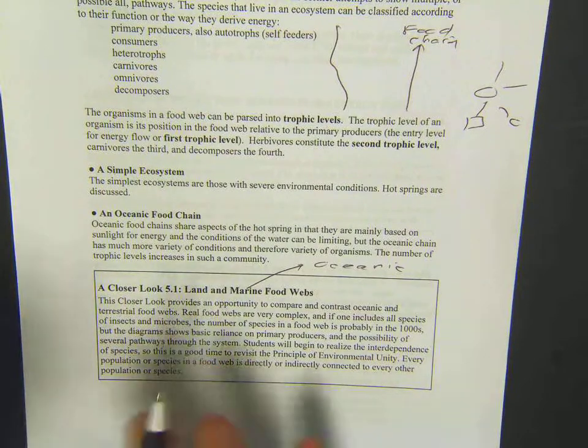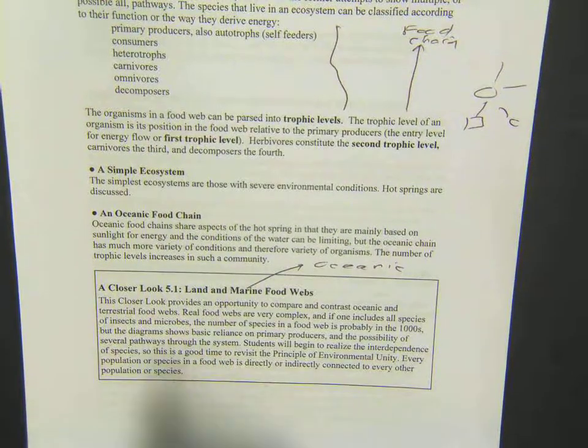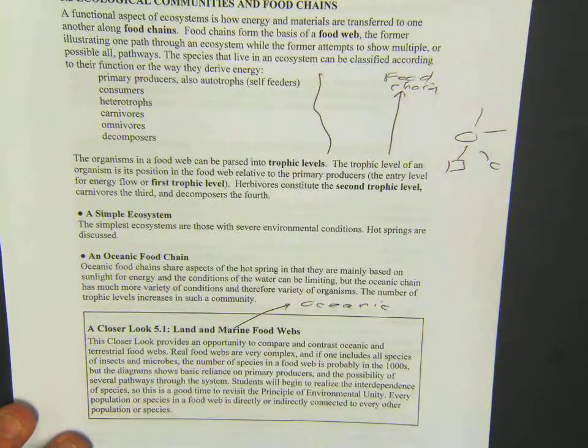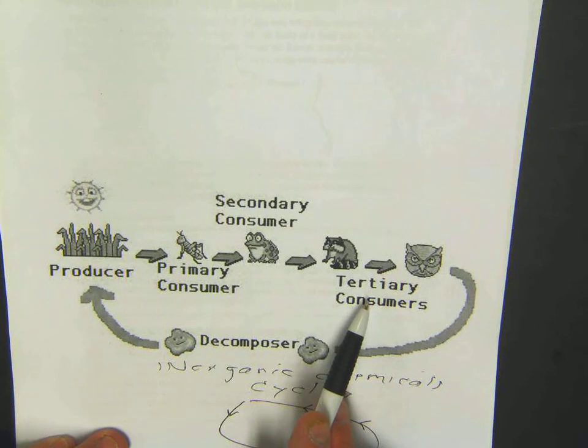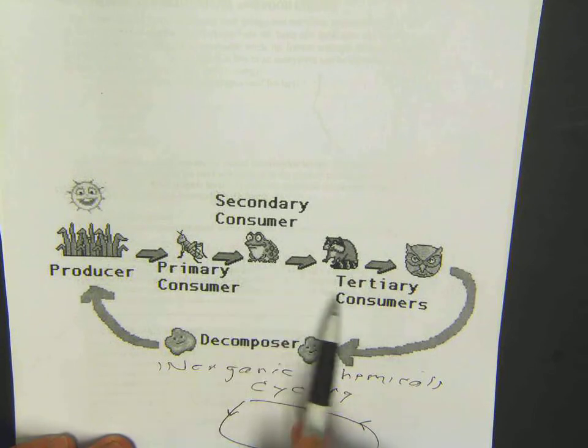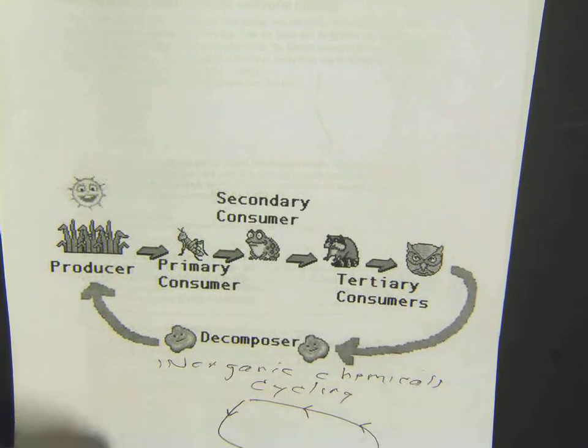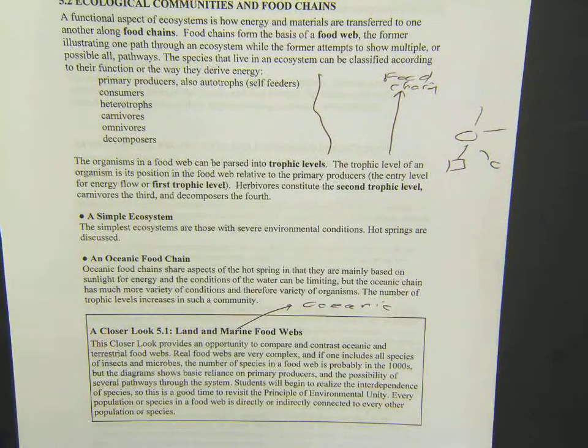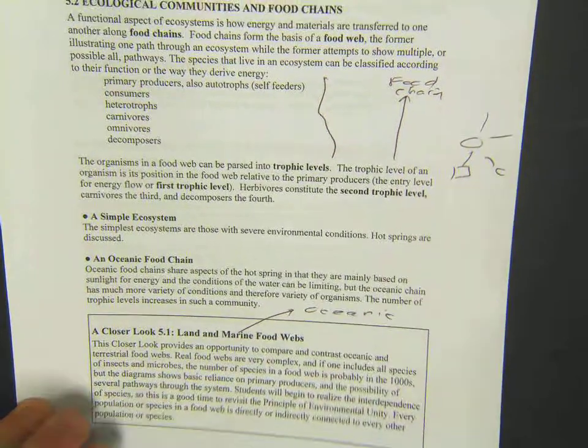You'll see where the web is not just a straight line of where the food goes, but it could go anywhere. Basically what that means is that this is a nice straight line here, but is it possible for a tertiary consumer to bypass the secondary consumer and consume the primary consumer? Well, yes, it would be. So the tertiary could consume either one of these. Omnivores could do that.